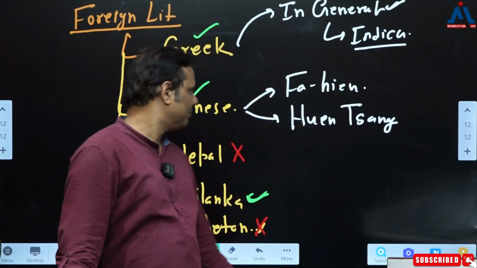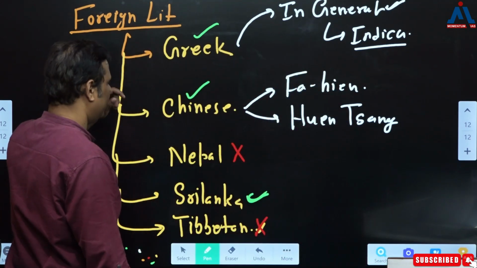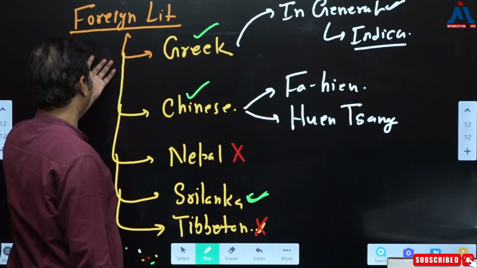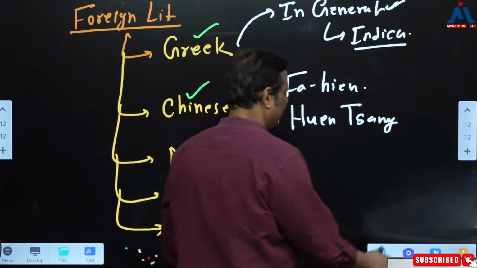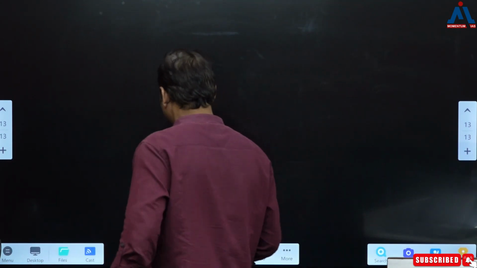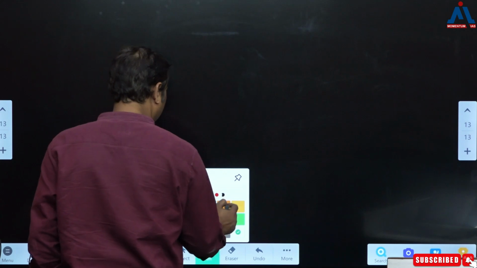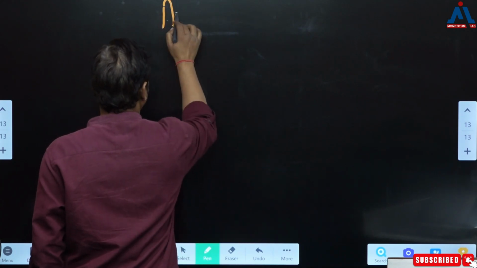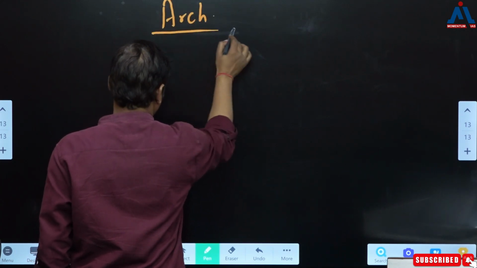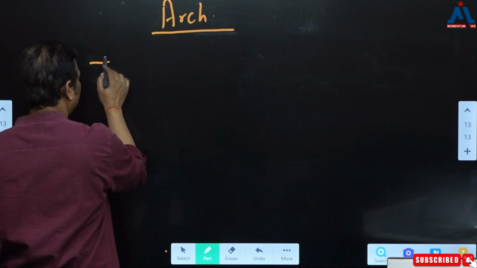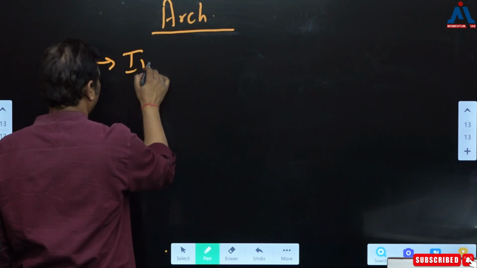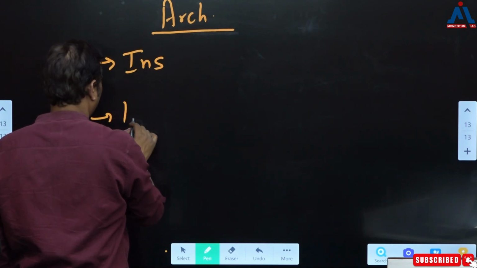Correct? Yeah. So this is about the foreign literature. So that's it. This is the possibility of the questions. Okay, fine. Now it comes to the next category, that is the archaeological sources. There is a very simple division in archaeological sources. They can ask the question either on inscription or else,